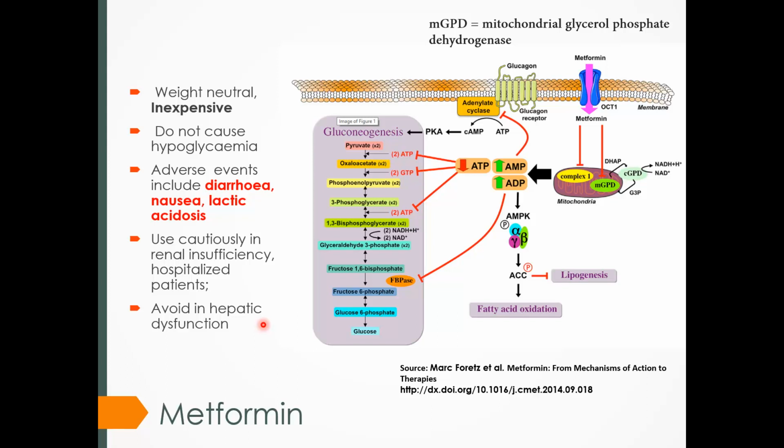Metformin is a very important drug for the management of all diabetic patients unless there is a contraindication, and it is also used in PCOD, that means polycystic ovarian disease, especially in those patients with weight gain and infertility. So when high weight gain and infertility are present in patients with PCOS, sometimes they are given metformin.